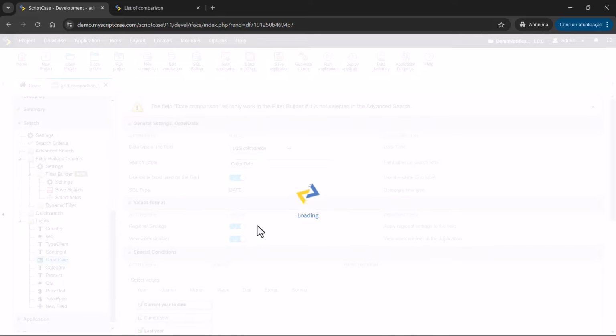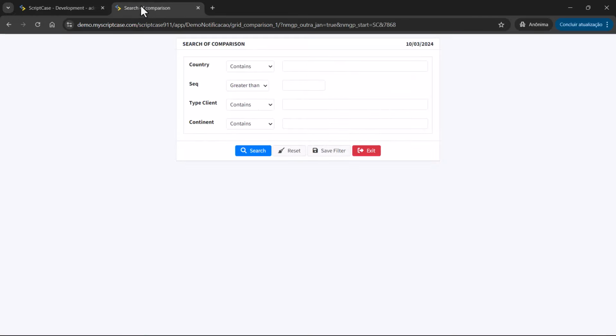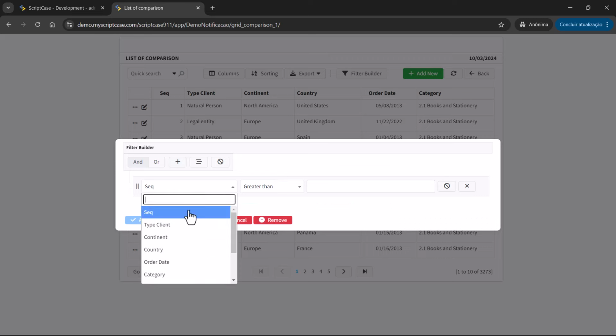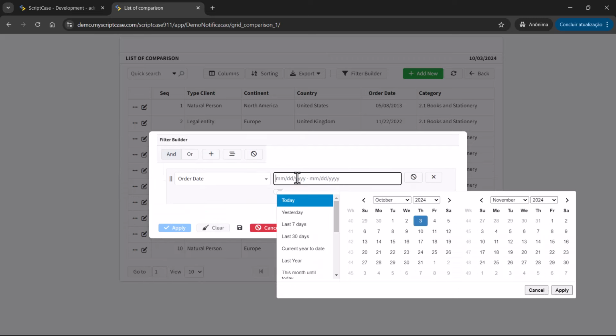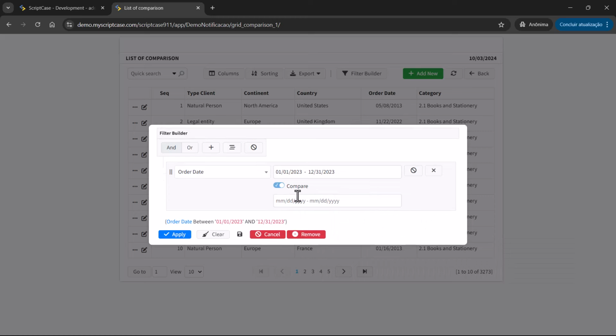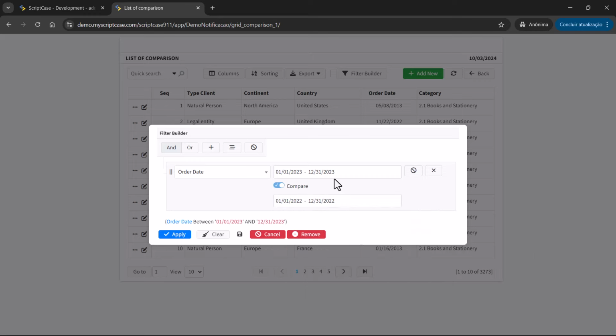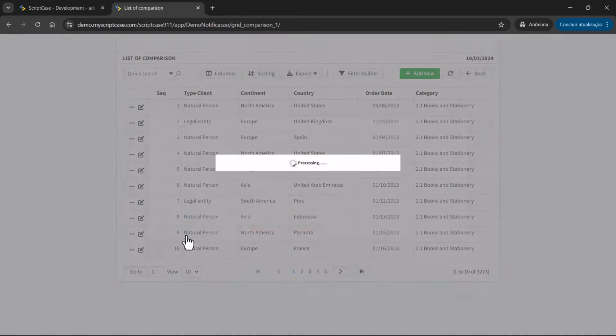So it will do the comparison of date inside this field. So we can go here and filter builder. I will choose here the date, and we can compare, for example, last year, and then compare it with the same period, in this case 2023 and 2022, and we can apply.